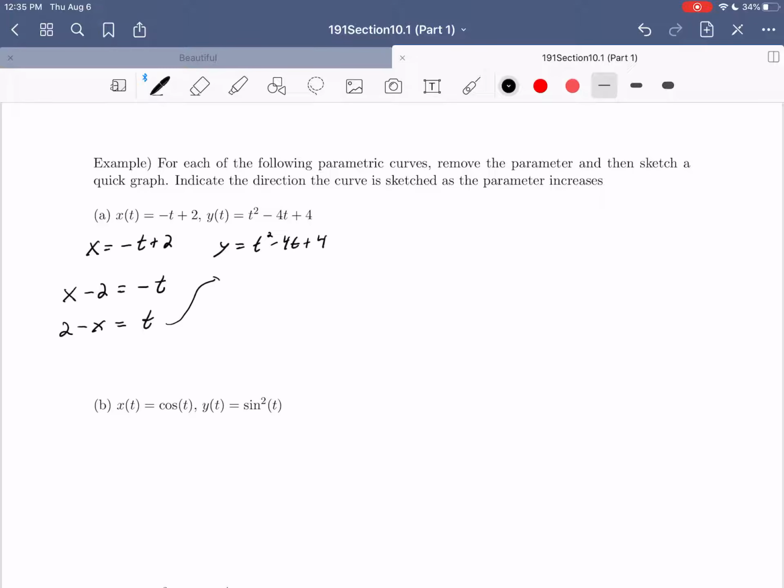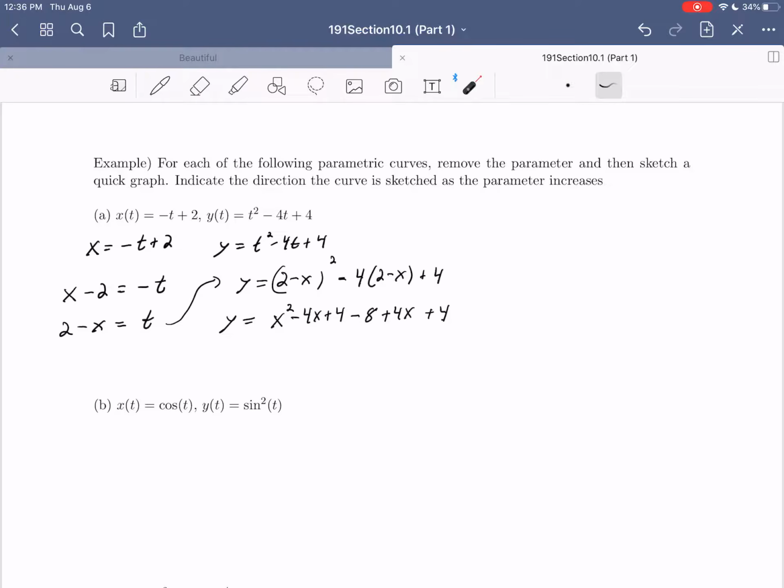Then we could throw that in here and get y is (2 minus x) squared minus 4 times (2 minus x) plus 4. We could expand that, and that looks like it would be x squared minus 4x plus 4, then minus 8, then plus 4x, and then plus 4. And then it looks like a lot of things would cancel. We would cancel this with this, this, and this,